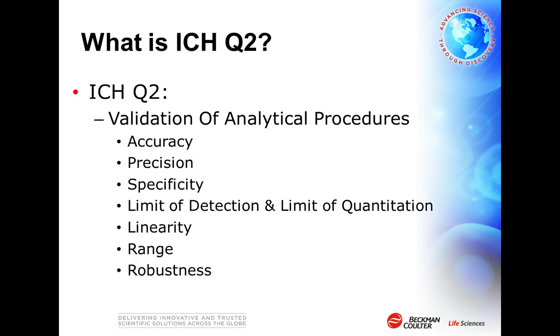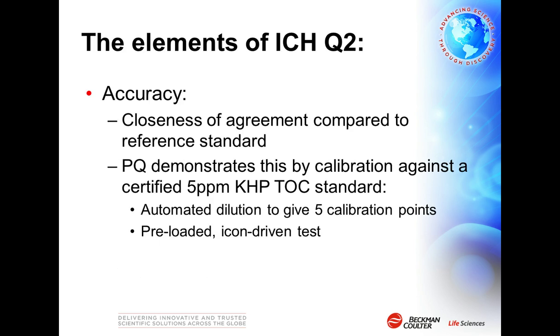So what's ICH Q2 itself? Well, there's various parameters or attributes that they recommend, and they give guidance on these attributes. And they ensure that they're tested to make sure the instrument is suitable for pharmaceutical testing applications. It covers instrument accuracy, precision, specificity, limit of detection and quantitation, linearity, range, and finally, robustness. So let's take a look at each of those attributes in detail and how the PQ for the QBD 1200